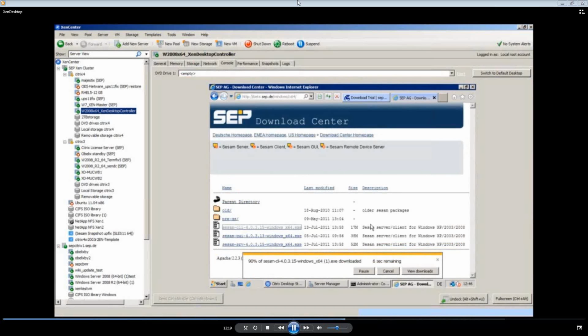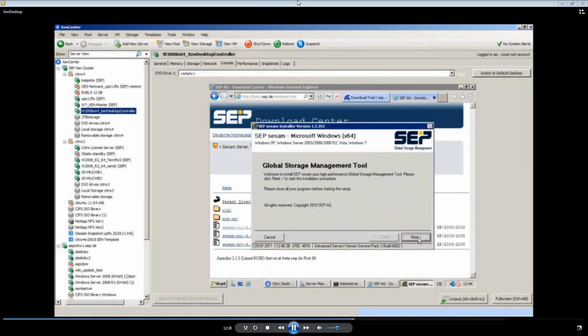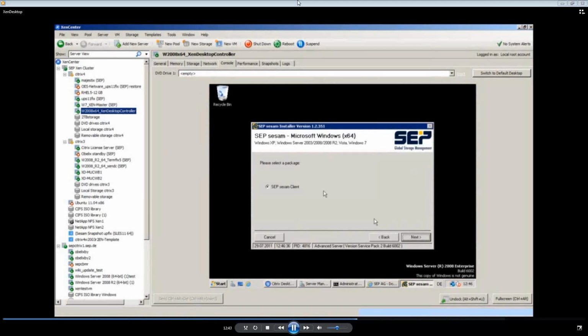So when it saves the file, we will go ahead and run it and get a granular setup for the backup so we can get a better file level. Let's decompress the files, choose English, confirm the license, identify that it is the client we are installing, and we'll go ahead and define the server. So this is going to be the backup server that has access to backup this client. We'll do the server name, finish the install,